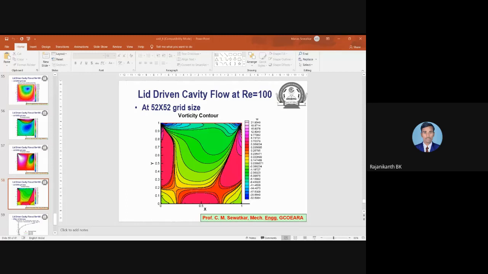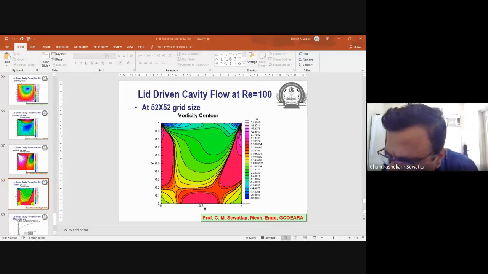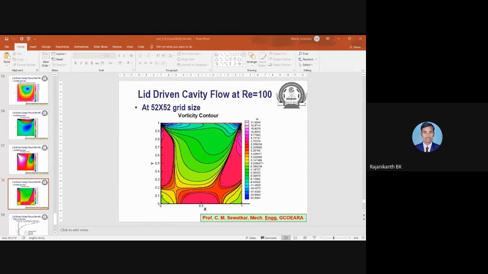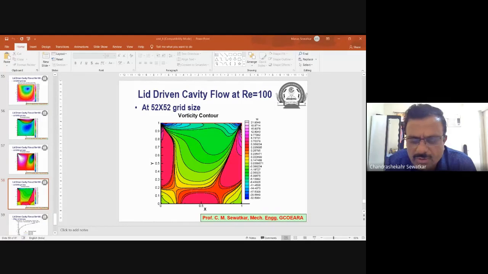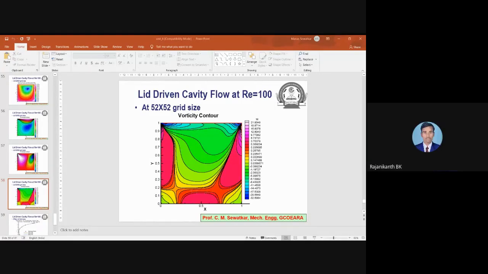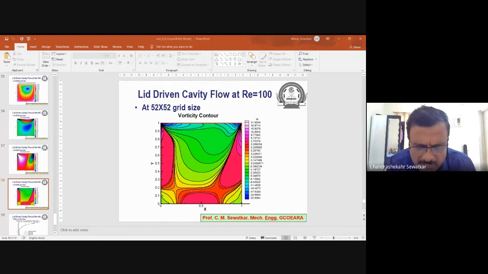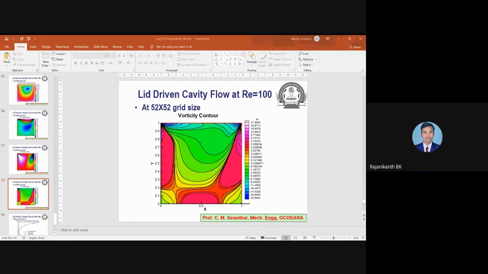Sir, that simulation effect, what result will it give? It will not affect our result? No. See, it is the velocity which we are trying to obtain. We are trying to obtain the solution for velocity itself, no? So from our simulation, if I obtain negative velocity, it means the velocity is in the negative x direction. Okay. Thank you.